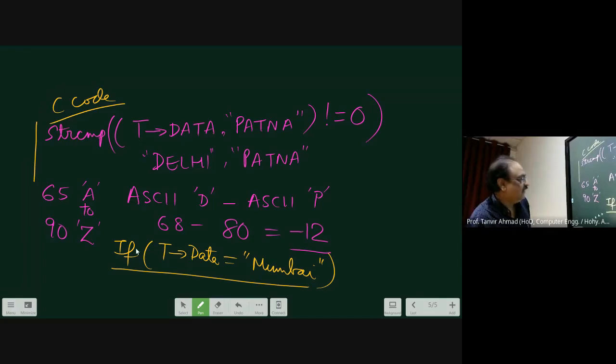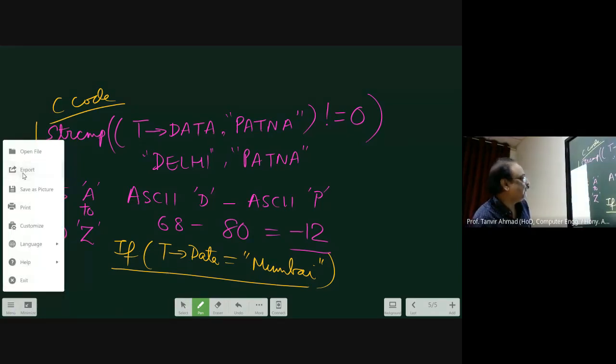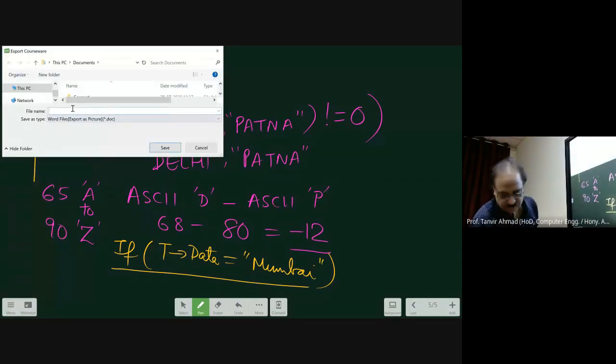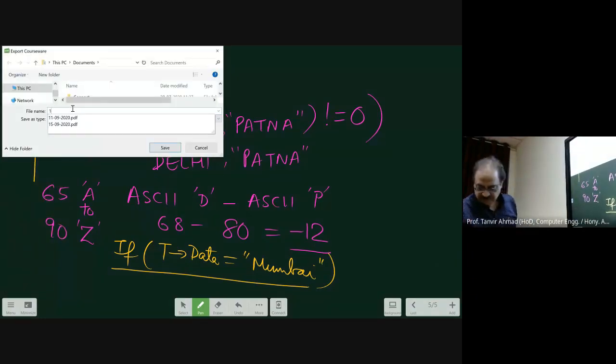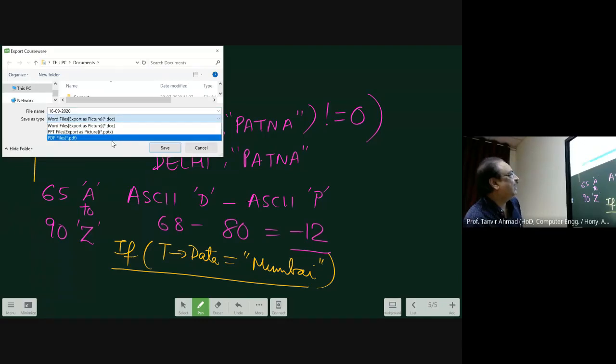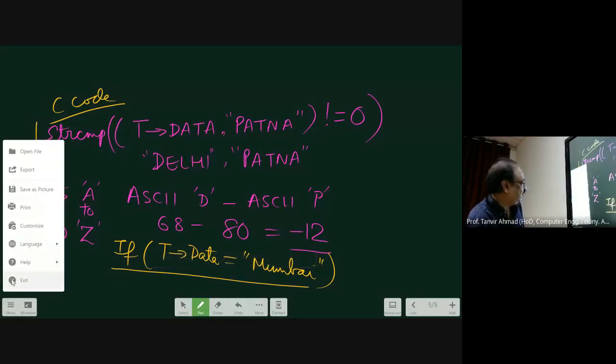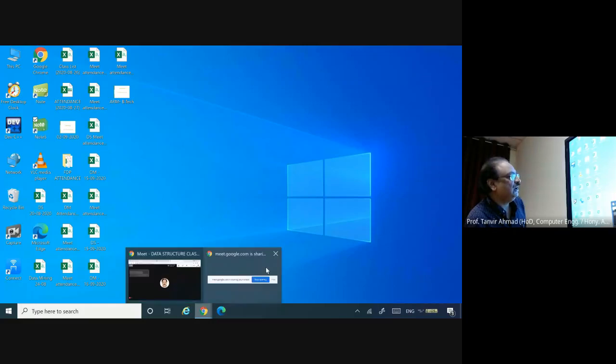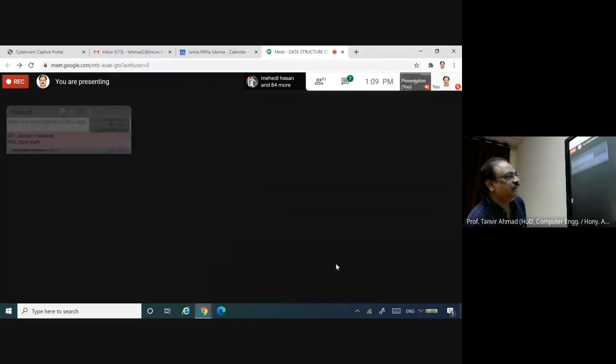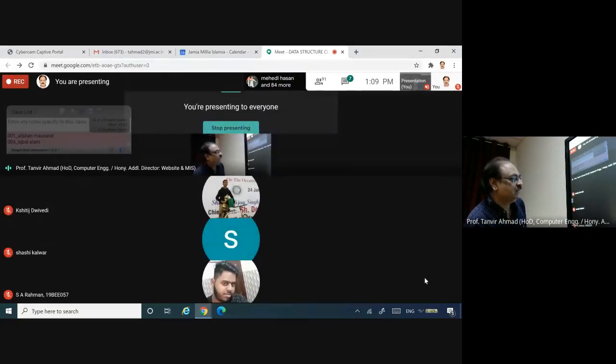Now I think it's clear. In the next class, I will be doing the deletion part. And if you understand this, you will start the double linked list, which will also be the same. Therefore, you have to make sure that you understand the single linked list very well. Otherwise, it will be difficult to follow the double linked list, because there you are going to manipulate more pointers.